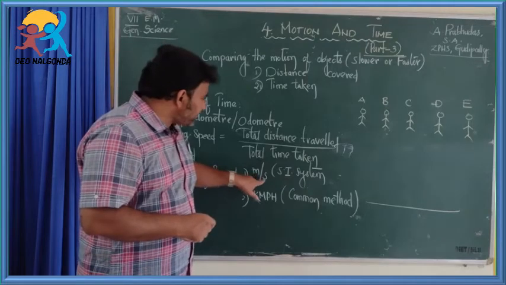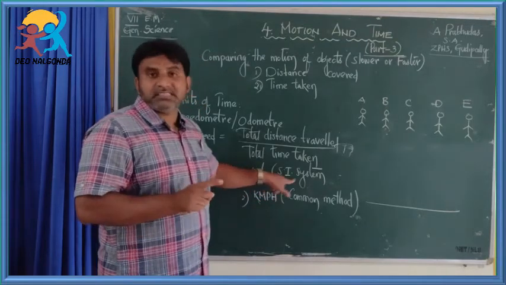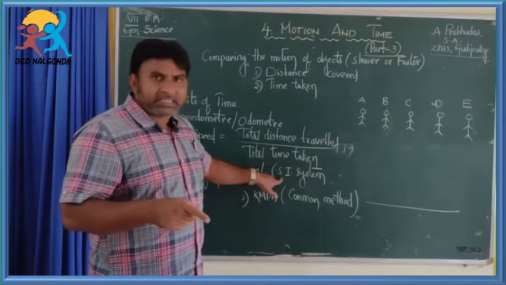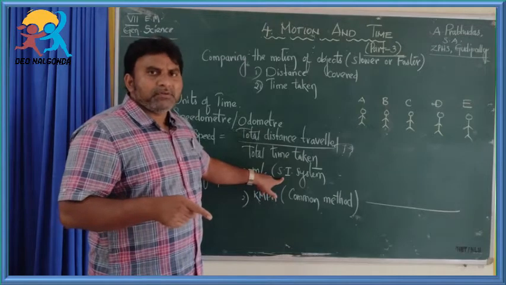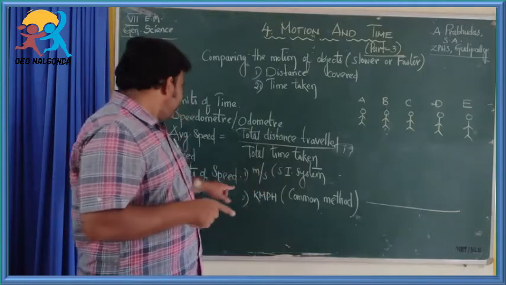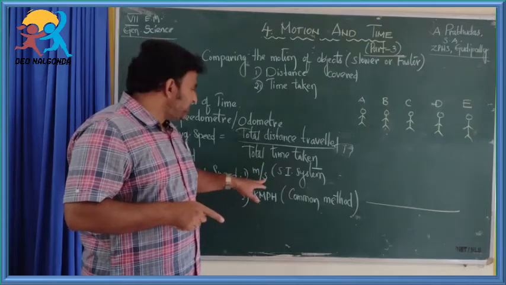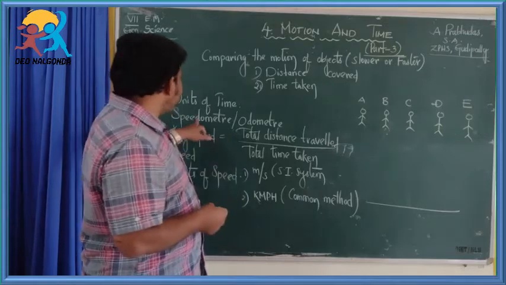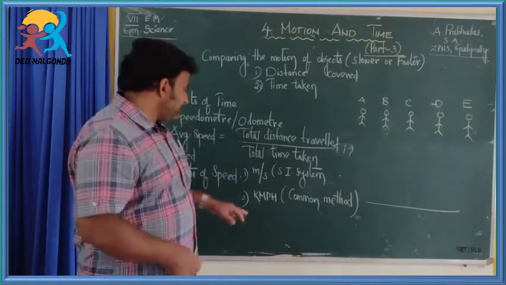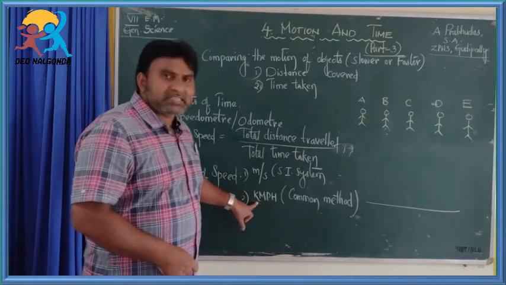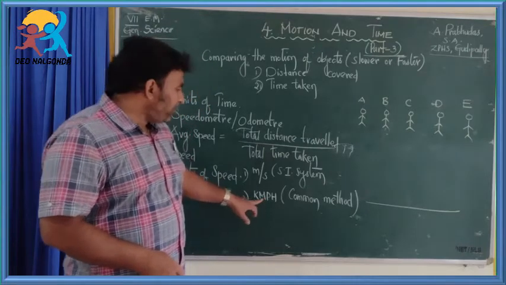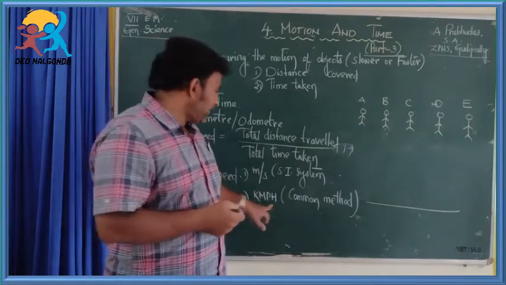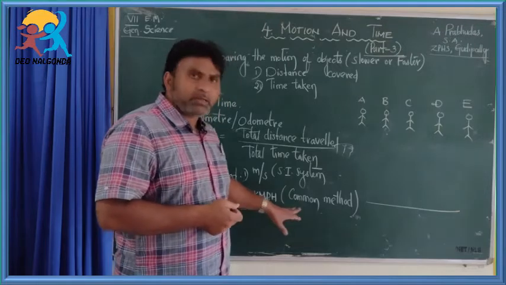They are meters per second, which is in the SI system. SI stands for Standard International, so this is the international system of measurements. In the SI system, the unit of speed is meters per second, but if you observe a speedometer, you can see the letters kmph. kmph stands for kilometers per hour.